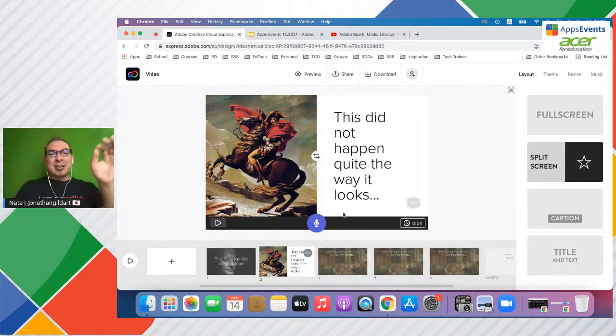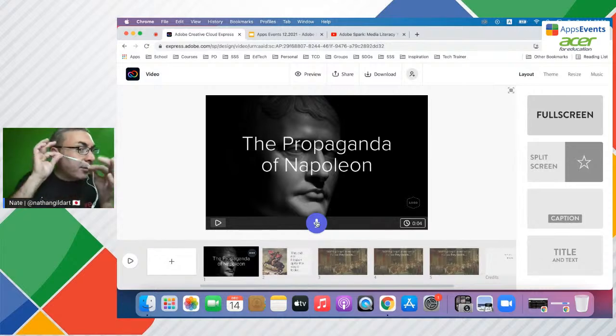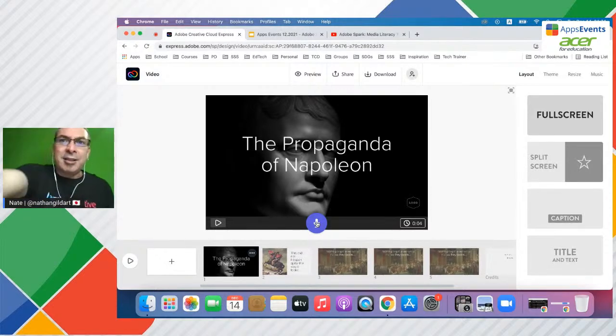I'm going to show you how to record here. Let's say I've created my video. I've got it all prepared. So now I'm going to put my audio in. All I have to do is click and hold the microphone button and talk. And you know, this kind of earbud microphone is all you need. You don't need one of these things, right? I mean, they're great if you have it, but you don't need it.